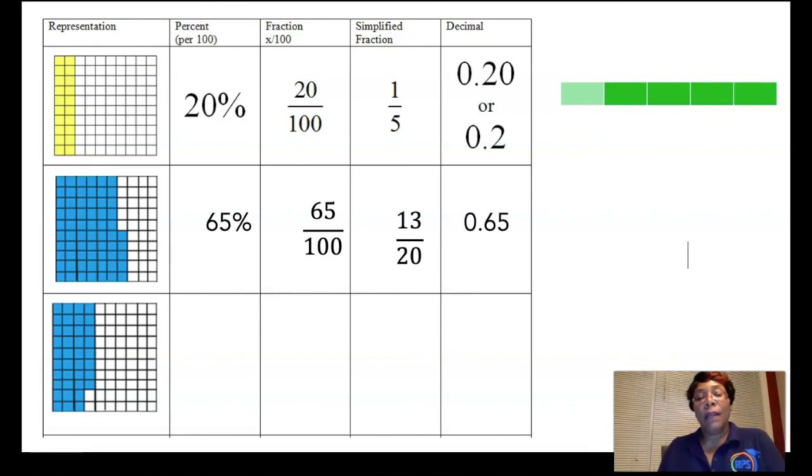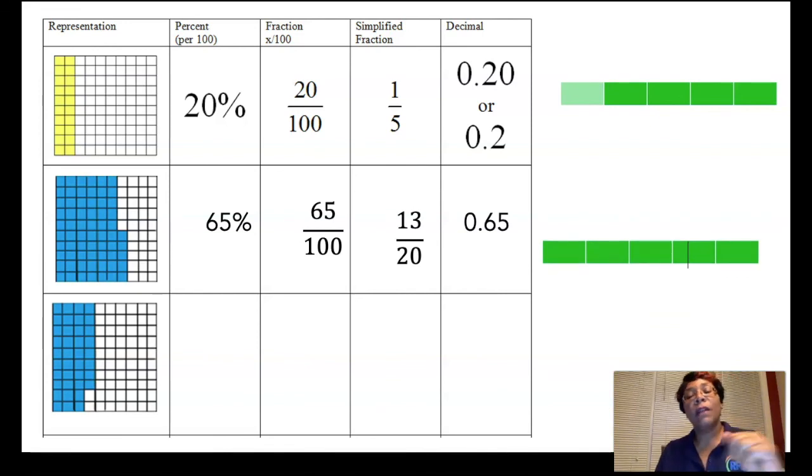So if I look at my last problem, again, count them up. I get 30. Oh, I'm sorry. Let me go back to this model. So again, this is representative as 20, 40, 60, and 80. Between the 60 and 80, there's that little black line. That kind of represents the 65%. So it's an estimation because it's not perfectly drawn. So our last example,